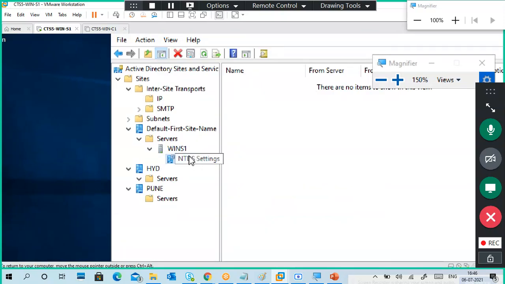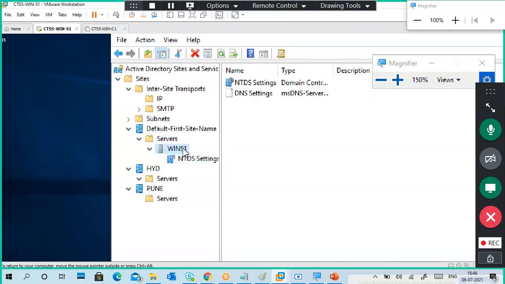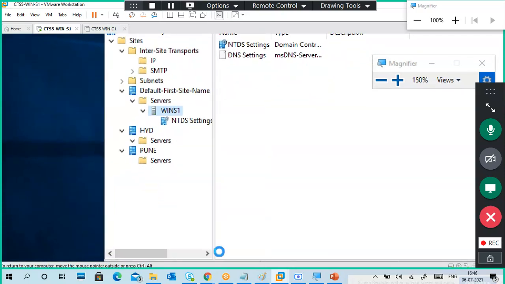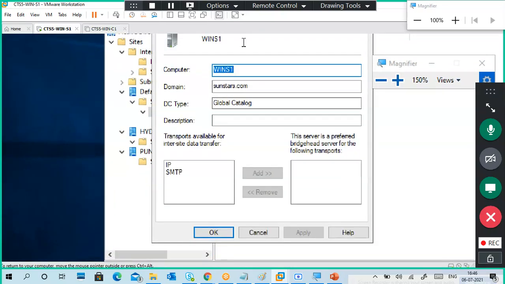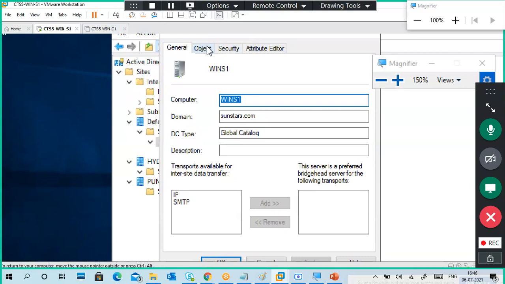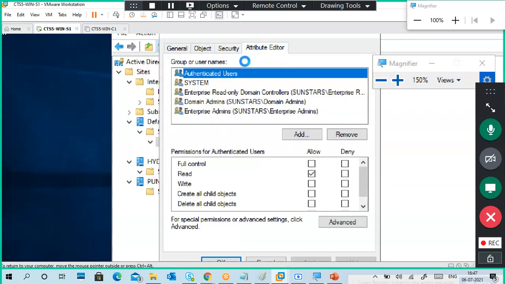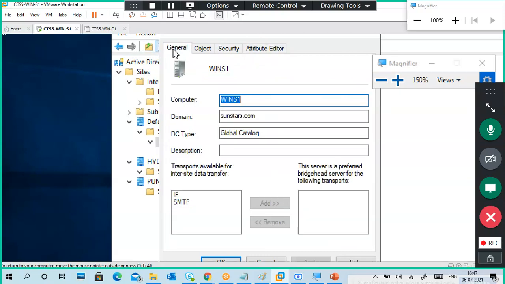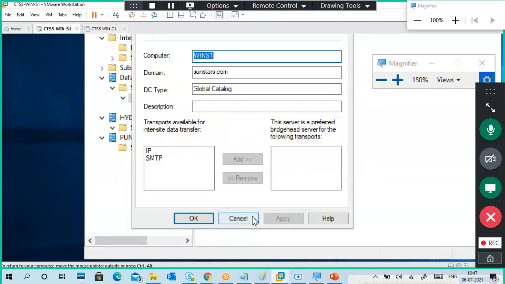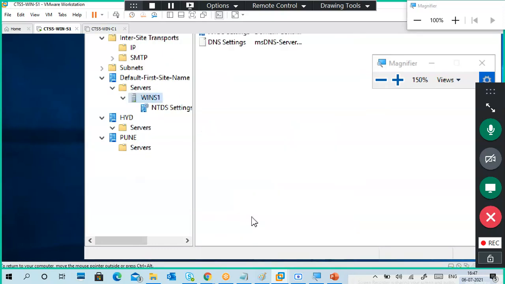Somewhere you can find what actually is. Leave it. That's it. That's enough. DC type is a global catalog server. It is a global catalog server.